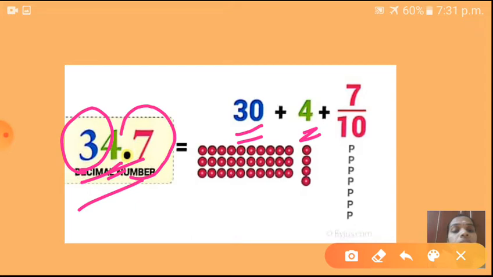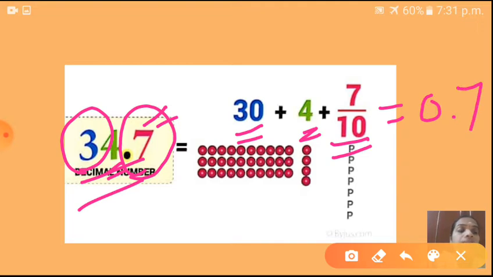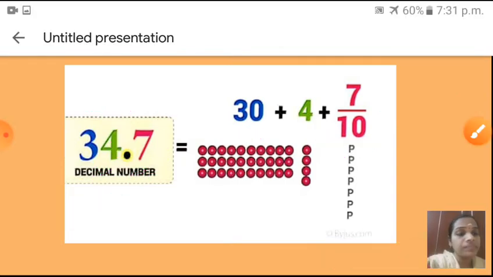And after the decimal point 7 is there, so this is in the tenth place, isn't it, children? So here 7 upon 10 is the place value of that number, because that 7 is after the decimal point. So that is the tenth place, 7 upon 10. What is your answer here? Very good, 0.7. How this 0.7 comes, you already studied in your 5th standard. Yes, shall I go to next now?